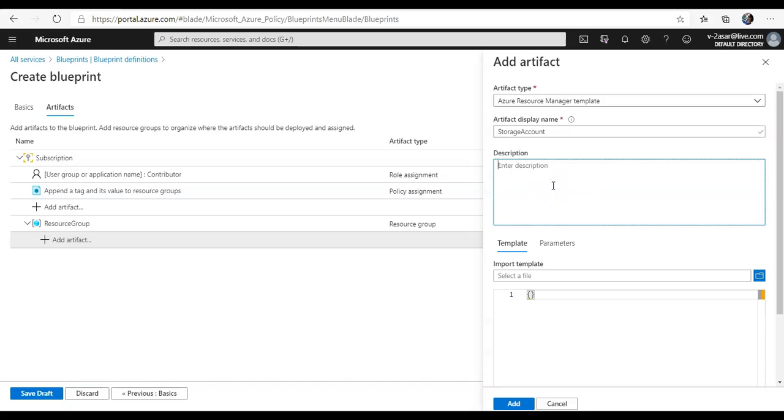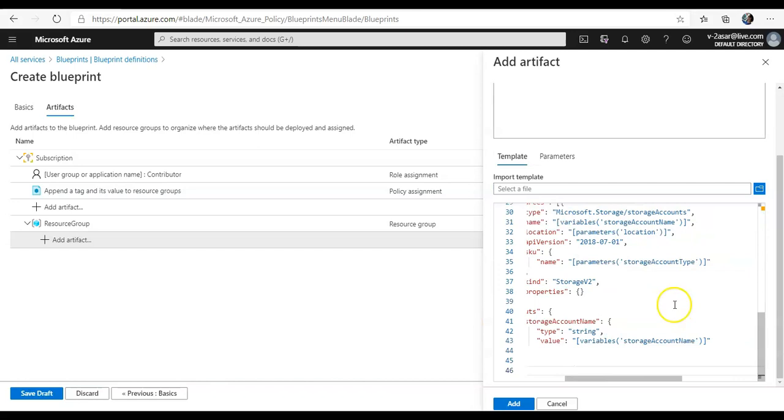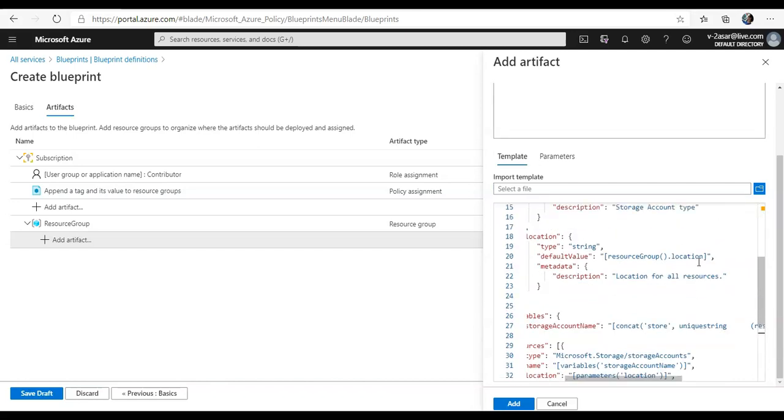On the template tab in the editor box, I'm going to paste one of the pre-approved, pre-created JSON files. Let me just pull that up. I've pasted it inside this. Now, if you see the storage account type here and the location type,